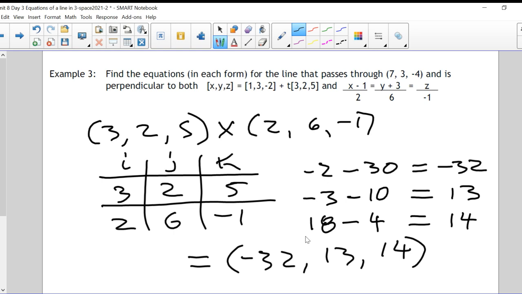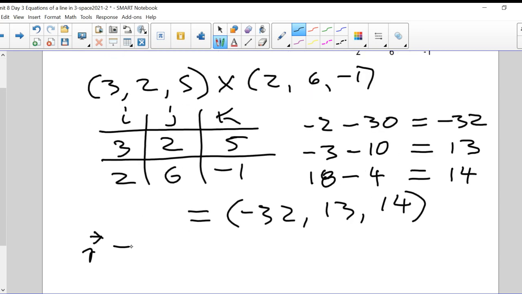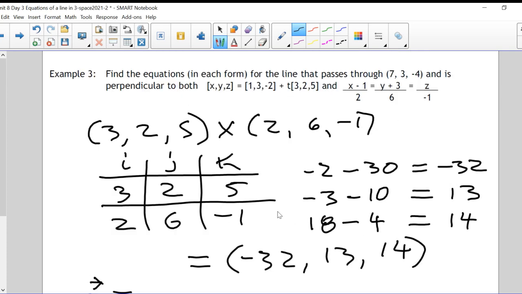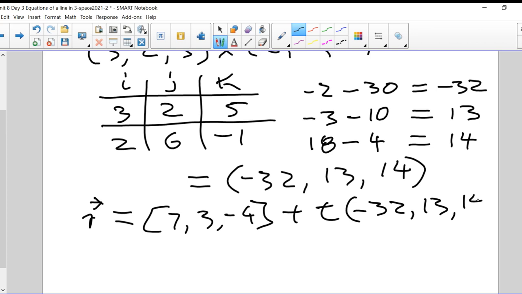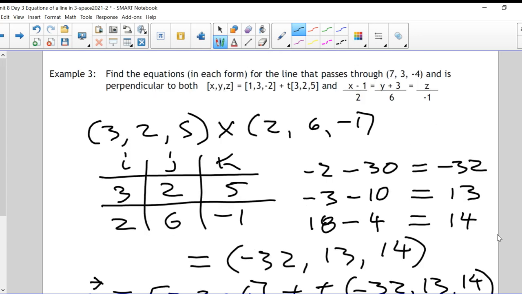Okay. So now we have this as the direction vector for the line that is perpendicular to both of these. So what's the equation going to look like? What's my R going to look like? Well, it's going to look like a line that passed through 7, 3, minus 4 and has the direction vector given by this. That's it, that's all. So the key to this question is to understand that you're looking for something which is mutually perpendicular to two pre-existing vectors, right? Which vector could I come up with which is at right angles to the 3, 2, 5, and as Quinn pointed out, the 2, 6, -1, because these three denominators